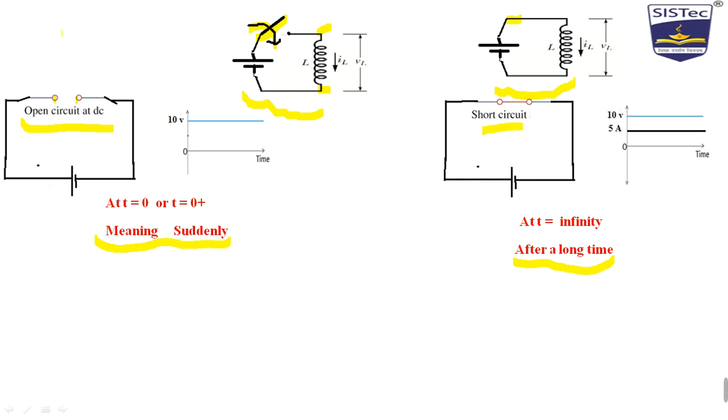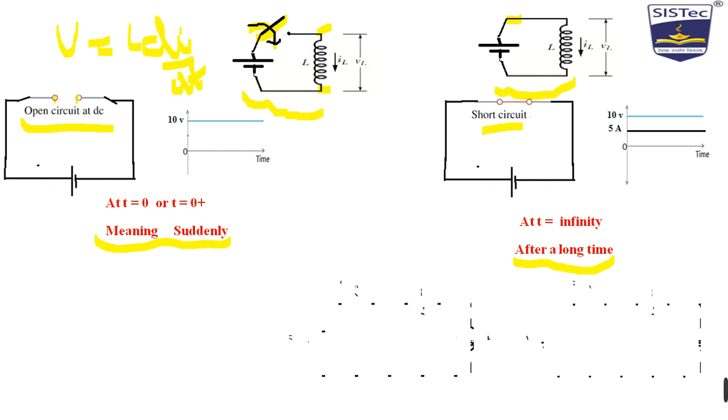Because the voltage formula of the inductor is what? L times the differentiation of the current. Now while differentiating the current for a short time, it behaves like a differentiation. You can also understand it as chopping of the current. Differentiation of a constant becomes zero. That's why for a certain time it behaves like an open circuit and then a short circuit.